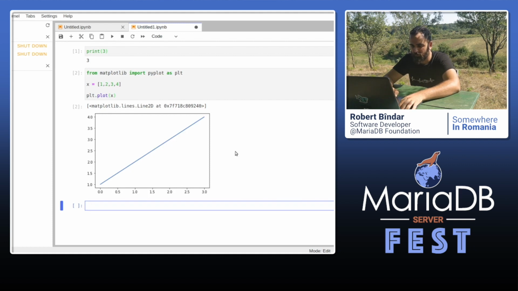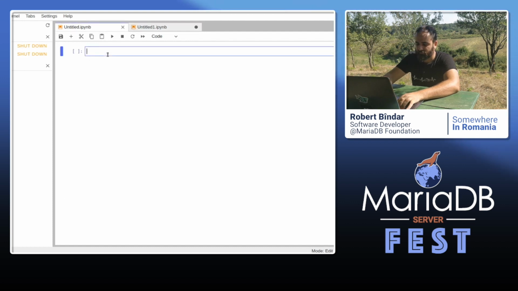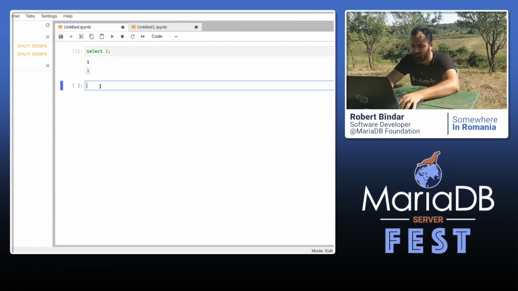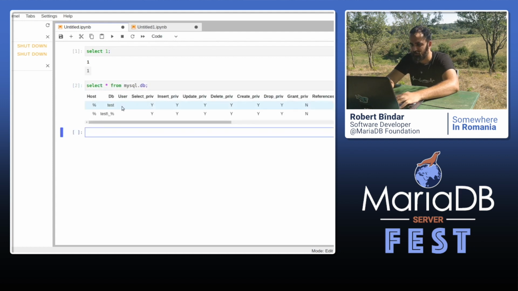So in MariaDB we can do pretty much the same thing using SQL. So switching back, I can write the simplest query possible, select 1, I hit enter, I get the result here. But let's also try to write a query that returns a bit more complicated result set. So let's select star from mysql.db, and as you can see, the kernel returns a result set in a nice table which is scrollable. You can walk over the lines, they are highlighted, columns are highlighted. That's actually very cool.